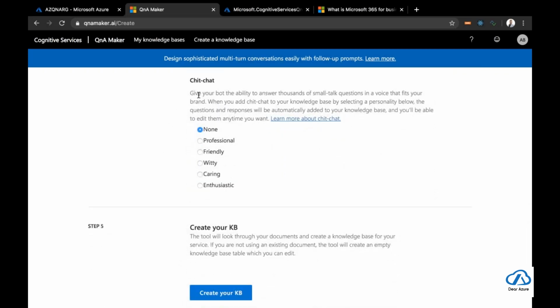And lastly, it gives us the chit chat option. This chit chat option basically just adds some very common small talk questions, like hello and how are you, so that the service knows how to respond to such very simple small talk questions. And you can even select what kind of personality you want to give to this service, whether you want professional responses to such questions or you want friendly or witty. You can select any of these. For now I'll select this friendly option,